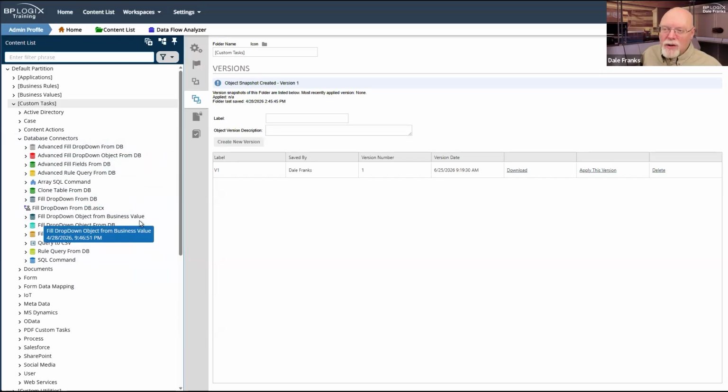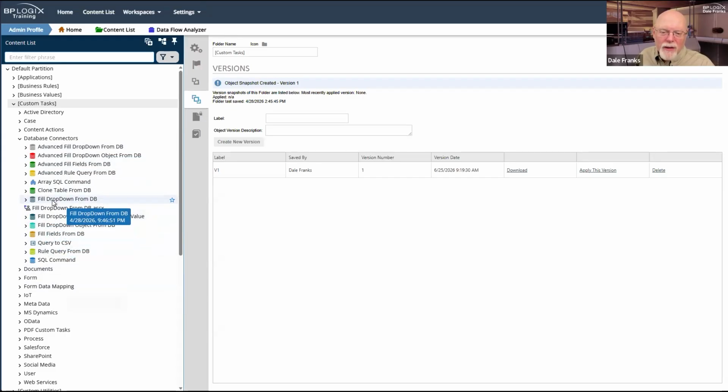And you had to use it over and over again, which means that if I have a dropdown that I'm using on 5 forms, what I would have to do is on each one of those 5 forms, I would have to go to fill dropdown from DB. That's fill dropdown object. So where's fill dropdown from DB? Right there.